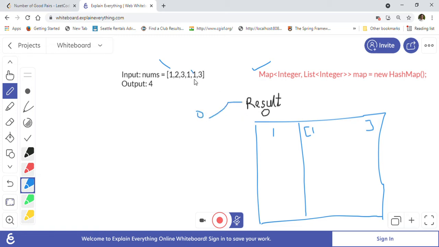Now we are at 2. For 2 also we don't have any entry, so we make an entry for 2 here. Then we are now at 3. At 3 we don't see an entry, so we make another entry in our hash map with 3 in its list.